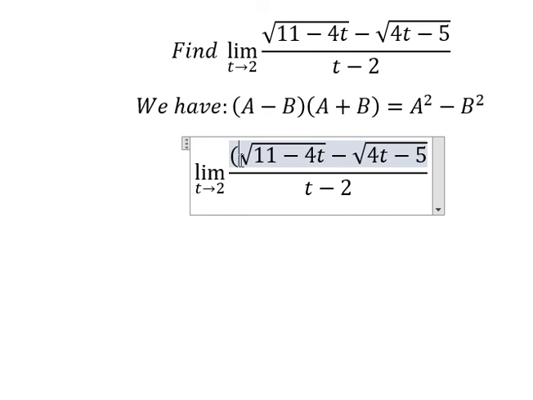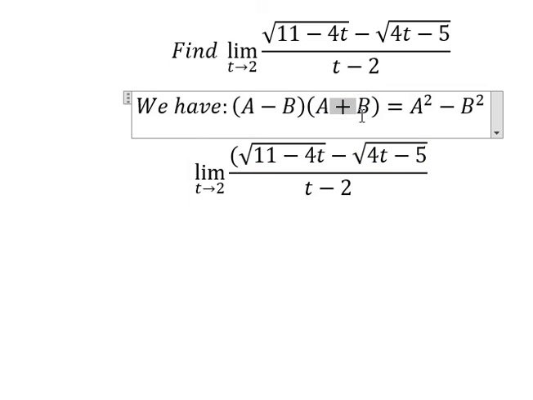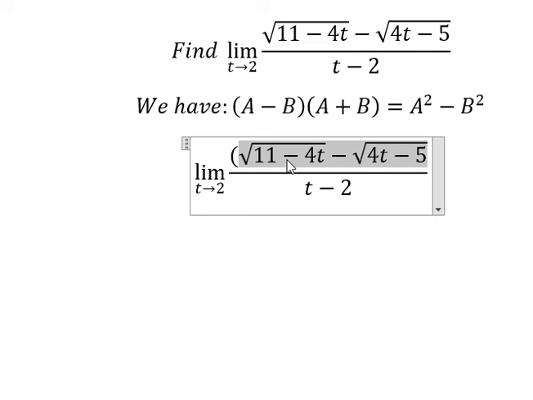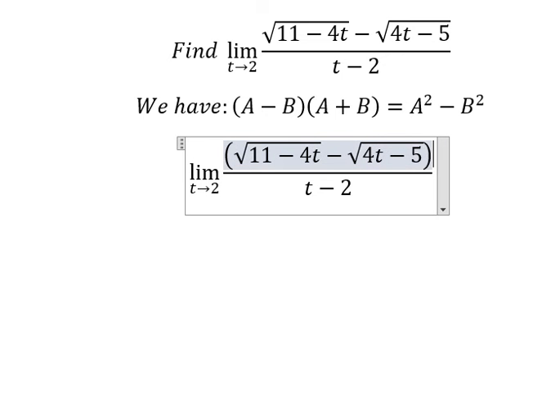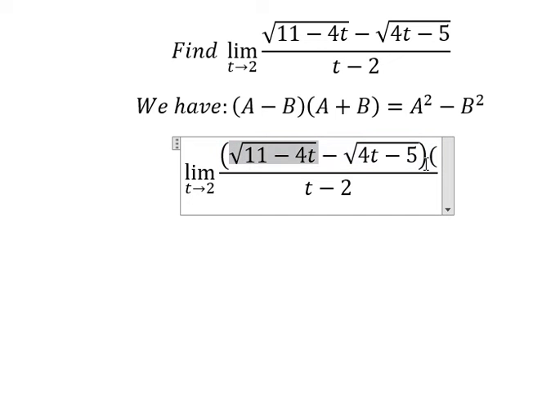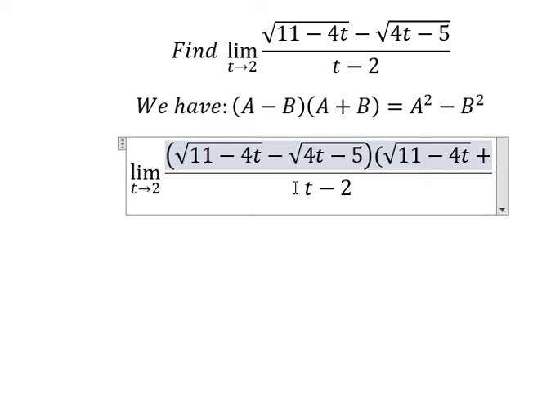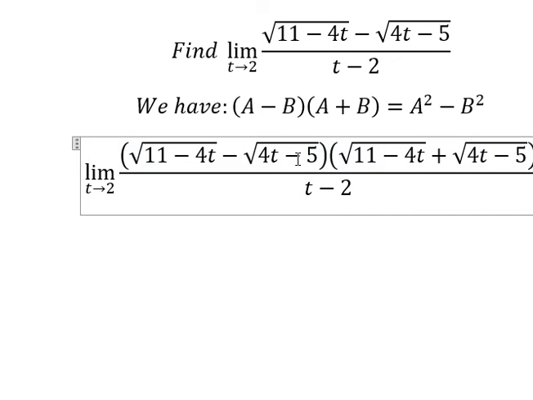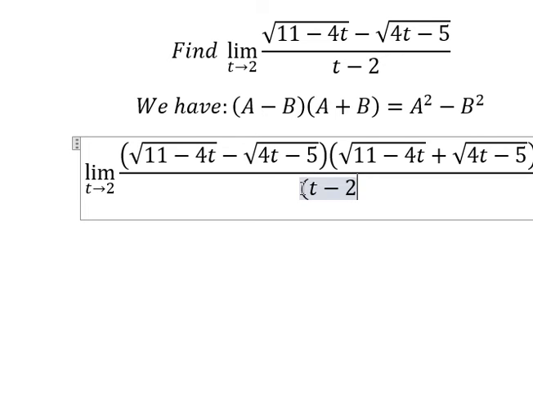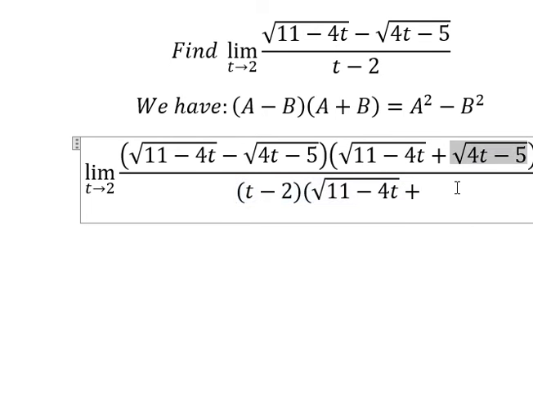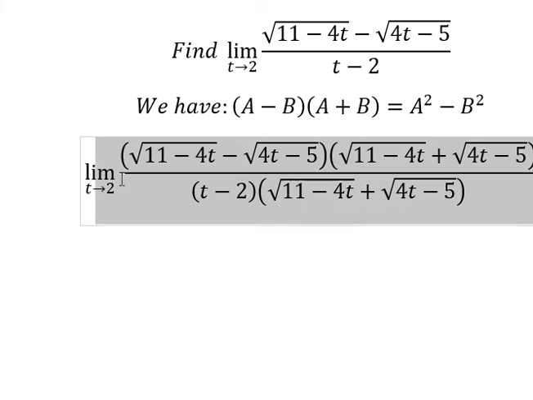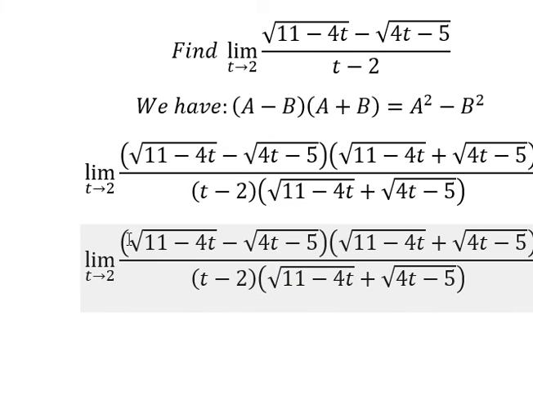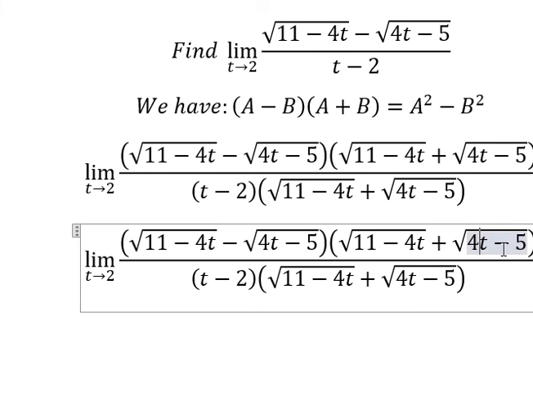So to do this one, we need to multiply by a plus b, because this one is a minus b. And we need to multiply on numerator and denominator. So if we simplify this one, we will have